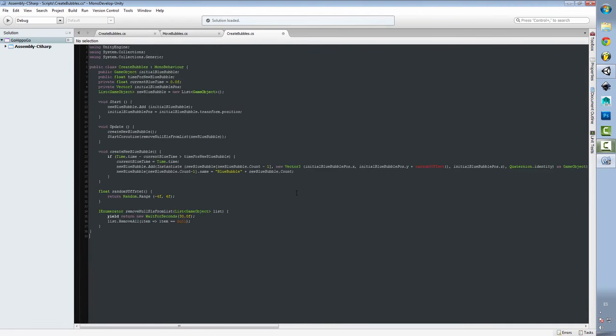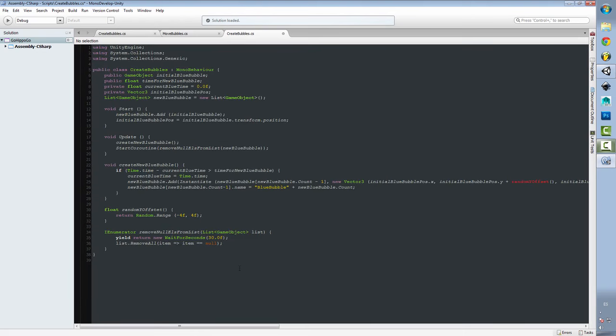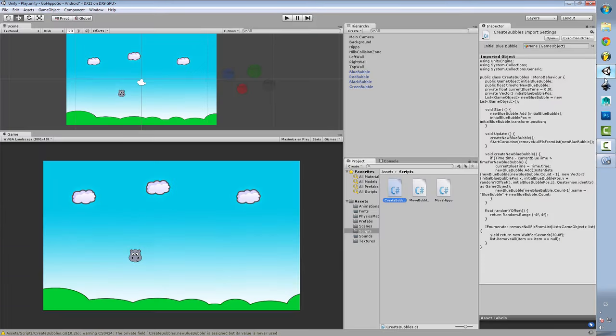Okay, this code, remember, this was only for blue bubble. We need to repeat this process for red, green, and black bubble. So just by copying and pasting. Okay, let's see if it works for, well, RandomYOffset. Okay, I forgot here to delete this t. Now it is fine. So if I go back to Unity